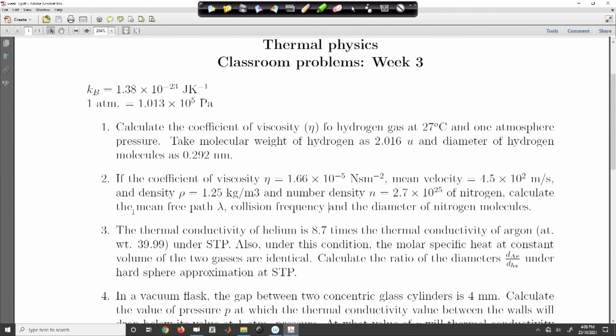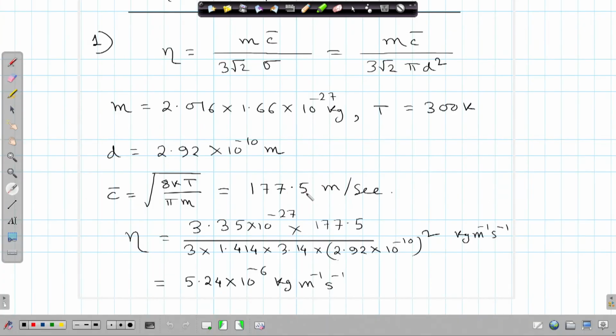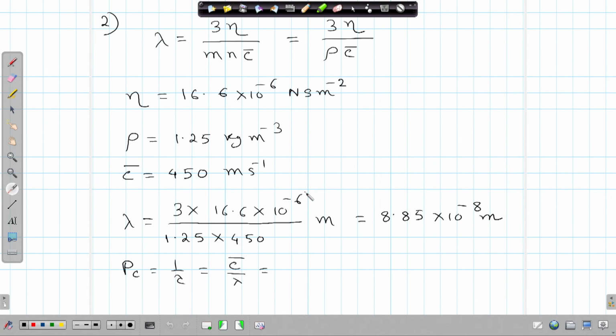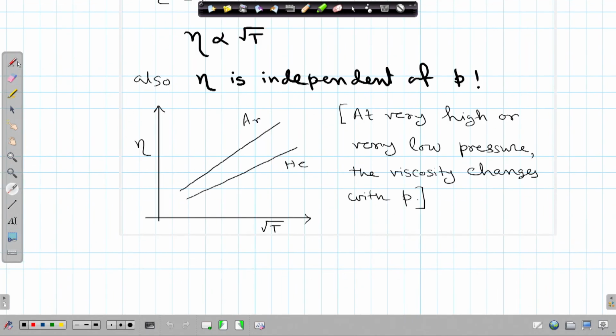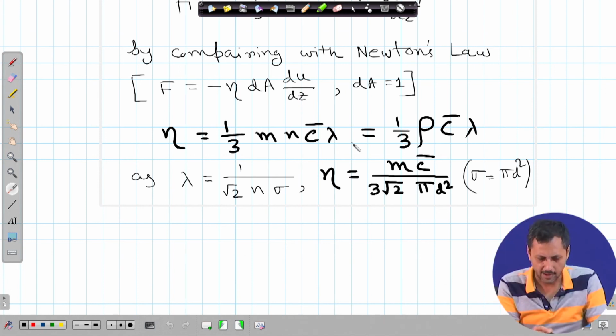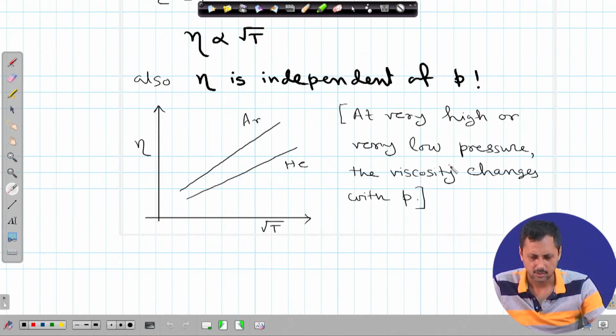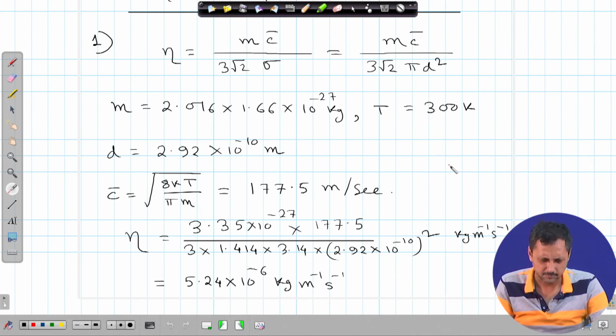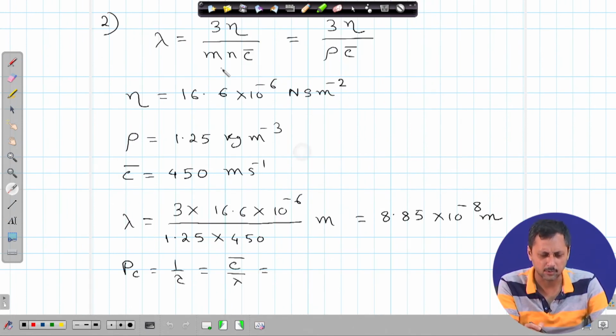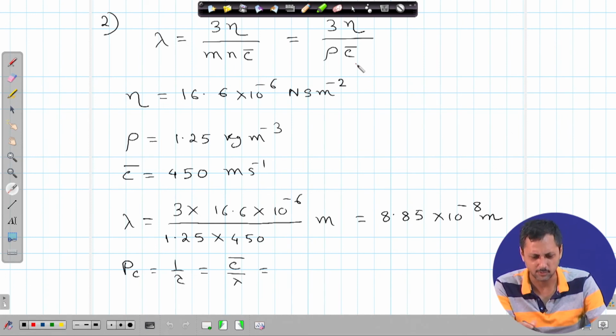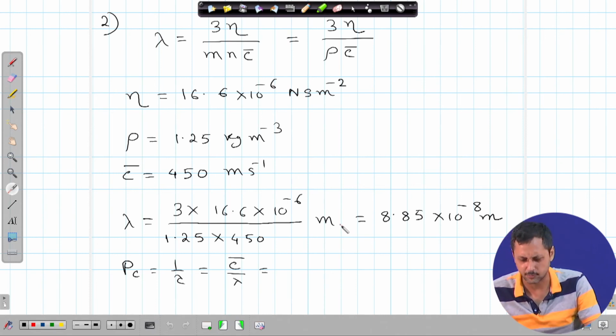So, we have to compute the mean free path from the viscosity data, which is once again very simple. If you go back, the relation is eta equal to 1/3 rho c bar lambda. Rho is given, and c bar is already given. So, lambda is equal to 3 eta by rho c bar. We apply that, and calculating lambda is a very straightforward calculation, which gives you 8.85 into 10 to the power minus 8